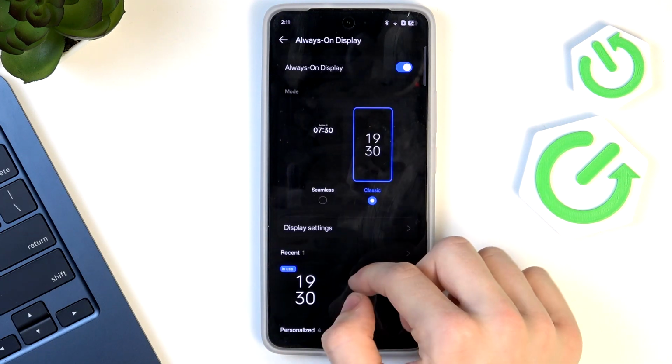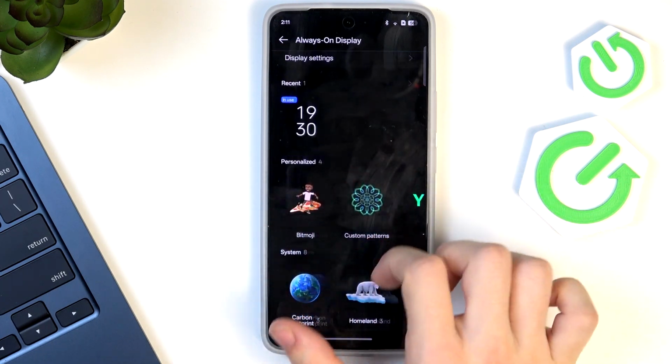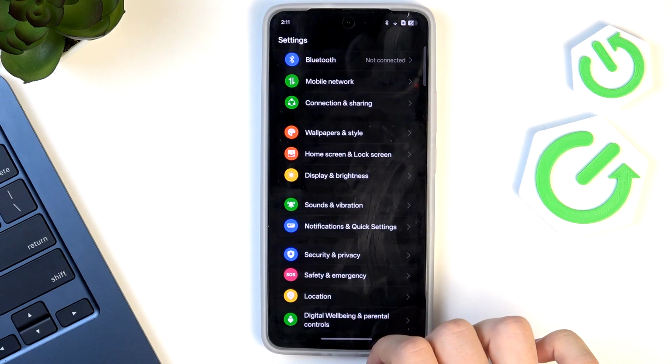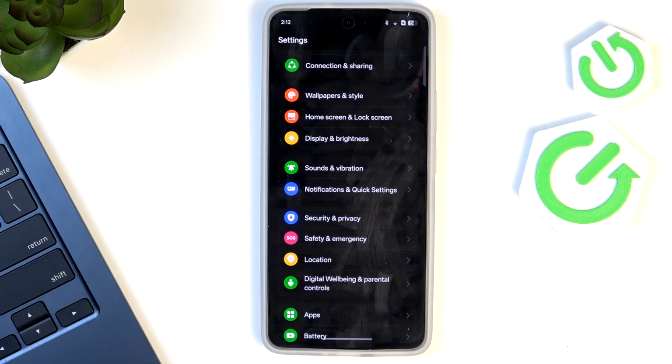By the way, in the always on display, you can customize it, but I'm not gonna get into that too deeply. Now let's get to the security feature, which is theft protection. It detects if you, for example, have your phone unlocked in your hand and someone approaches you, takes your phone and runs away with it. If theft protection is enabled, it will just lock the phone. So if it was unlocked, then if someone runs away with it, it'll get locked,